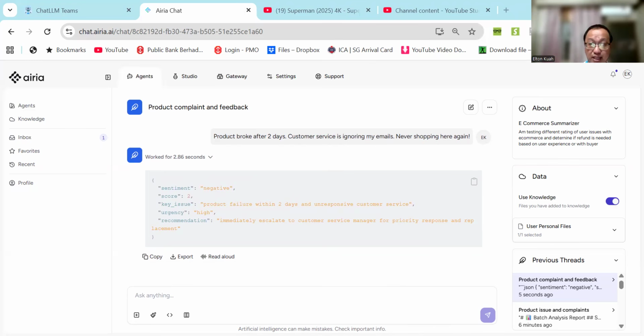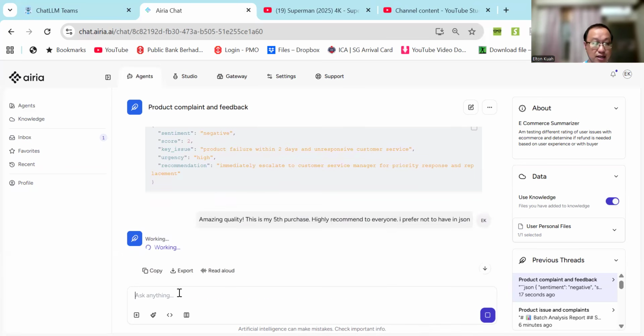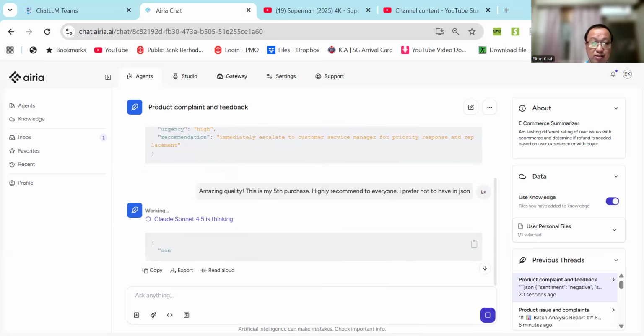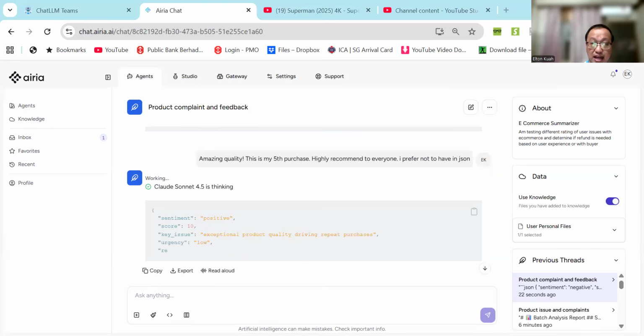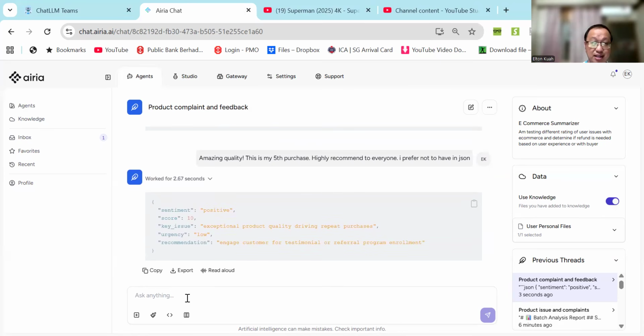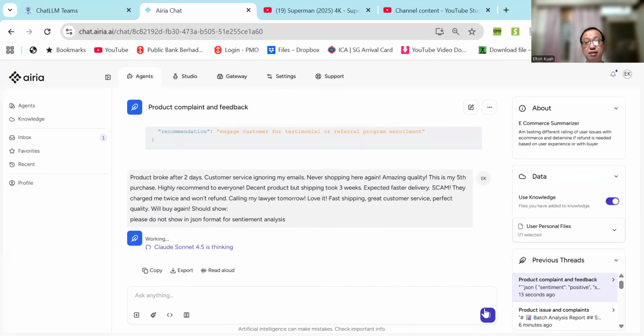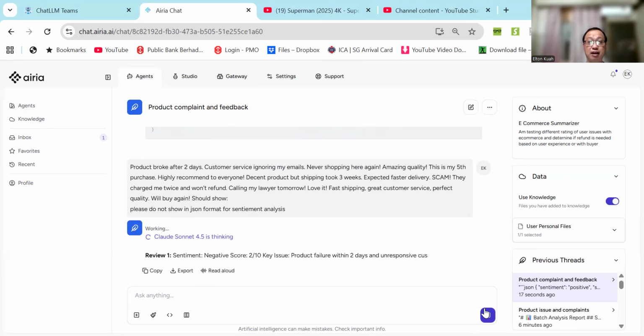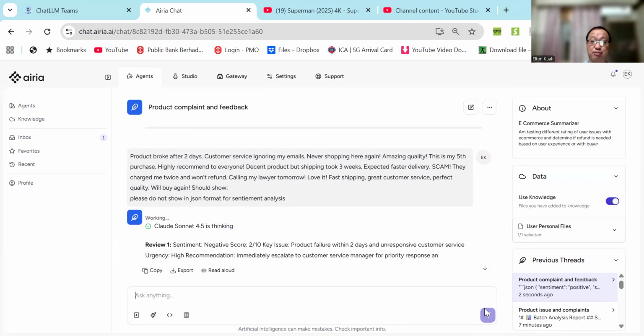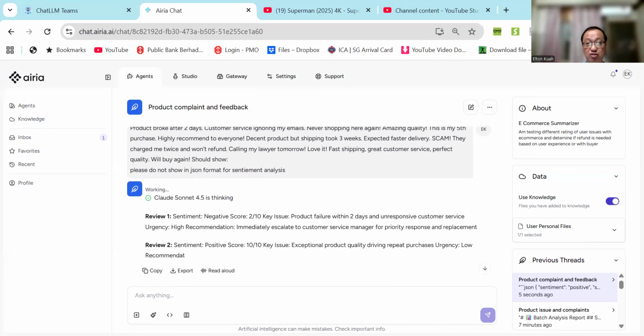And if I have a keyword here again, but I prefer not to use the JSON format, it will do the thinking here, and let's see what it does. Claude Sonnet definitely gives more depth in this response, and I have run it through that sequence of commands. As you can see, now there are happy customers and recommendations for customer testimonies and referral programs. I will also run another few batches of responses, and a third use case to determine how fast this AI e-commerce review summarizer does the processing, for reviews 1 to 5.